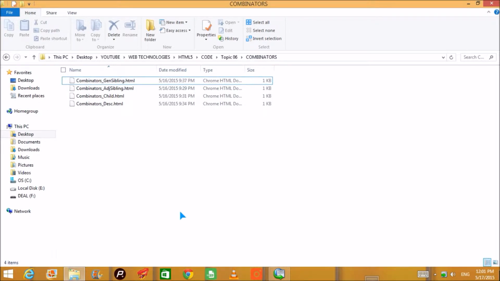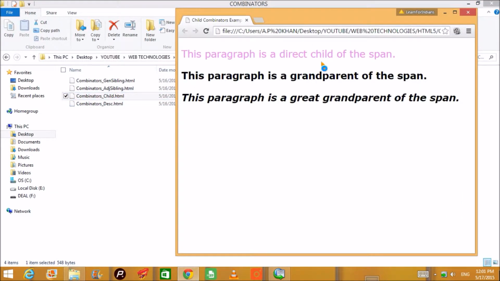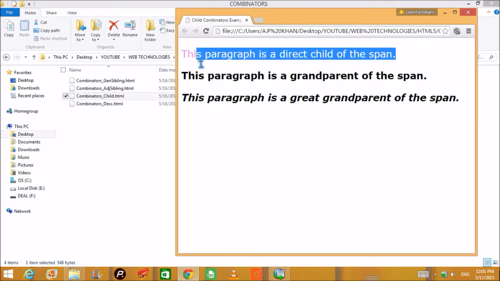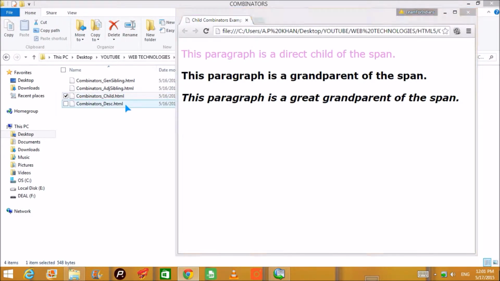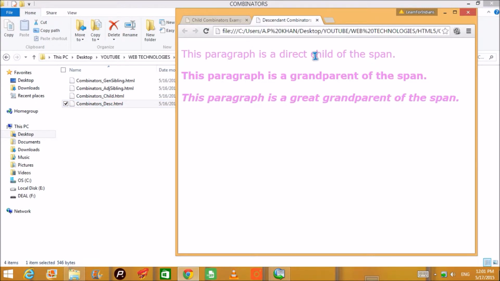So what functions will be executed in the HTML, and what functionalities do we have here? We are going to talk about this. We have 4 HTML scripts here. First of all, this is an example where only the first paragraph of a span is given the message, meaning the color has been changed. Here all the hierarchical paragraphs in the span are being given violet color. How these are achieved, we'll talk about now.